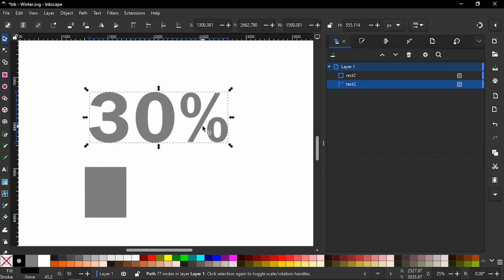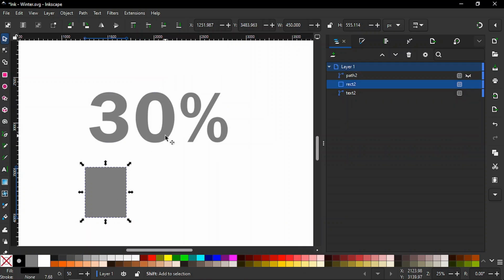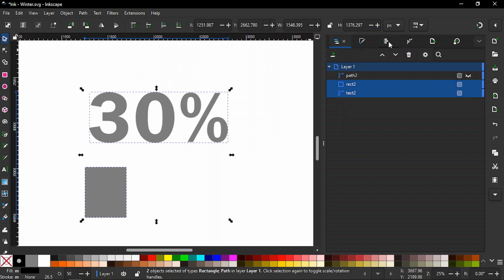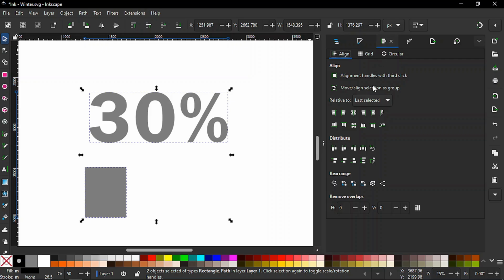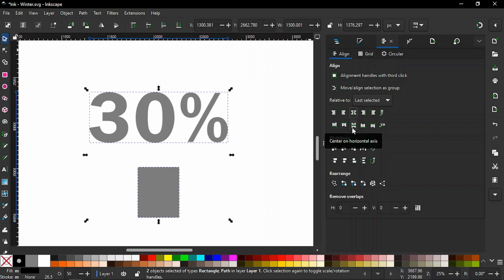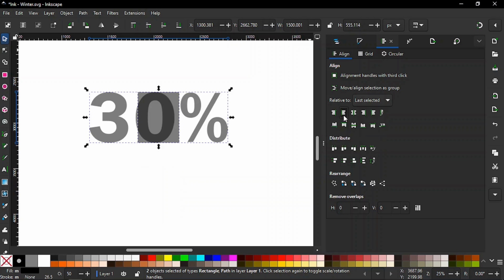Now we will select this, and we will duplicate that by pressing Ctrl D, and let's make that invisible for now, and we will select this, and we will hold shift and select this, and we will come to align and distribute, and we will go last selected and center on horizontal axis, and we will go align left edges. And with both of them selected, how about, I don't know, I think we could have